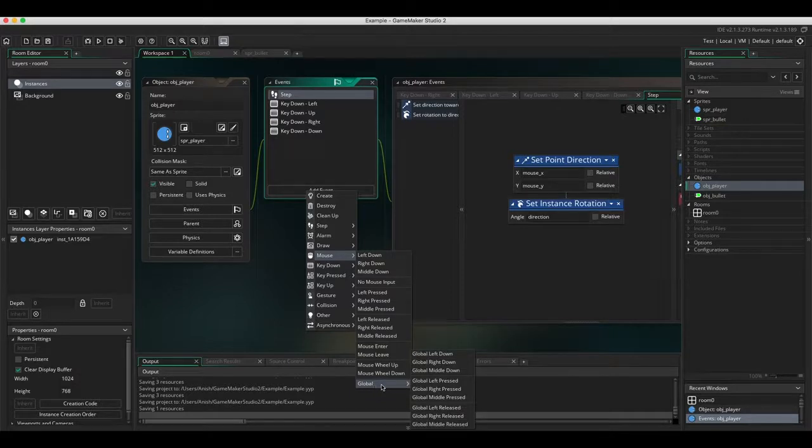And I'm going to explain the difference between global and any of these. The difference is that all of these events here will actually happen when you click on the sprite itself, on the player sprite. But we don't want to just be able to click on the sprite, we want to be able to click anywhere on the canvas. So that's why we go to global, and we do left down. So global left down,